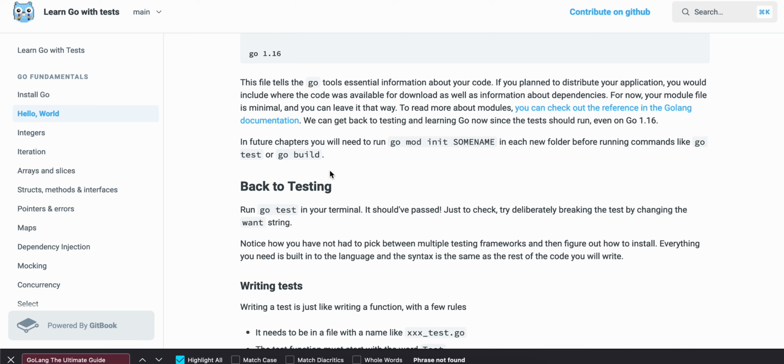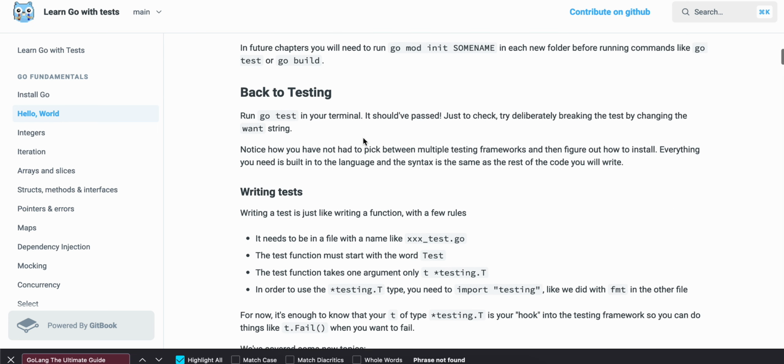We can get back to testing and learning Go now, since the test should run even on Go 1.16. For future chapters, you will need to run go mod init some name in each folder before running commands like go test or go build. Back to testing, run go test in your terminal. It should have passed. Just to check, try deliberately breaking the test by changing the want string. Notice